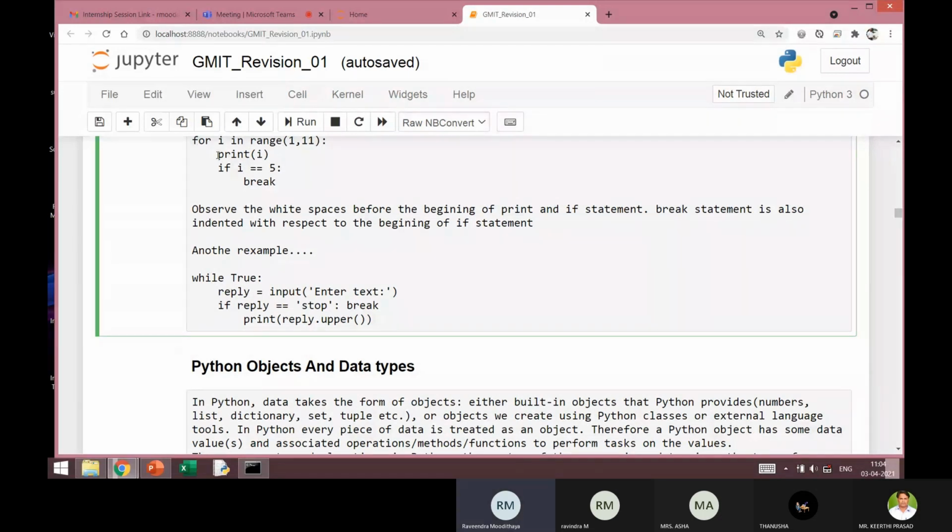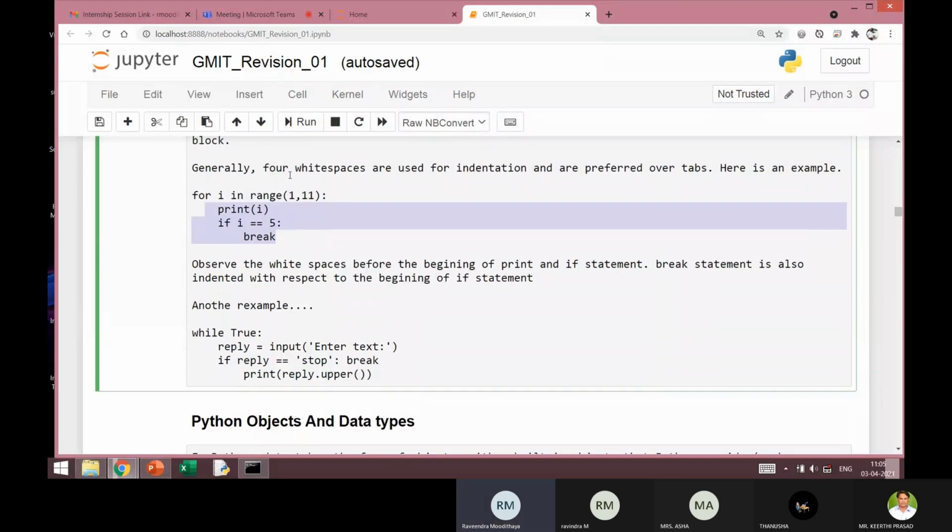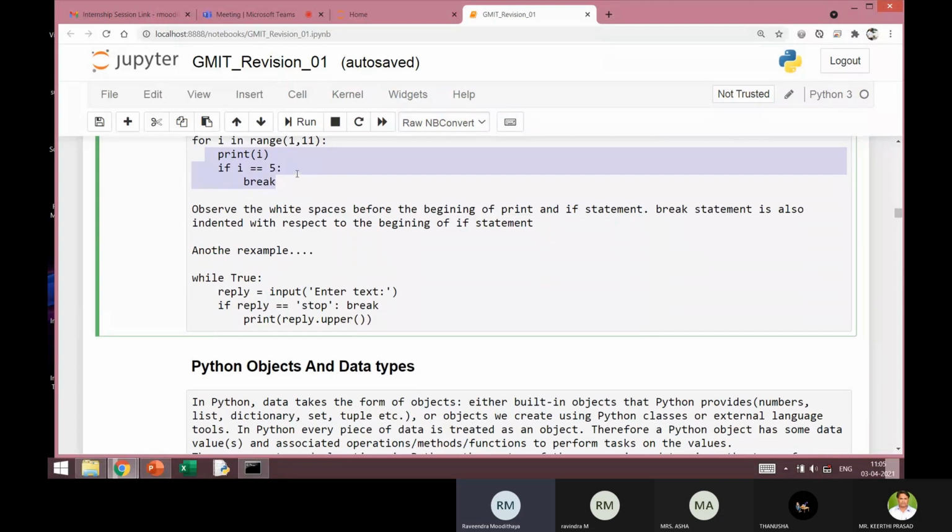If you want to go back to the first character position, you'll have to forcefully take the cursor there. Otherwise, it will automatically come here. We will see in our course later how exactly this has to be followed. But indentation is a very important aspect in Python coding.